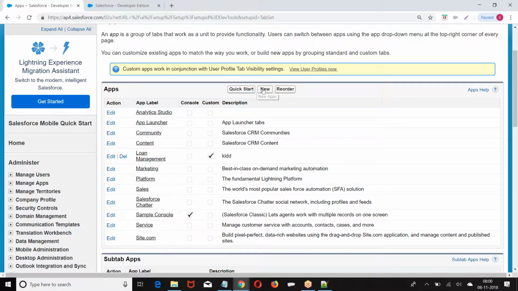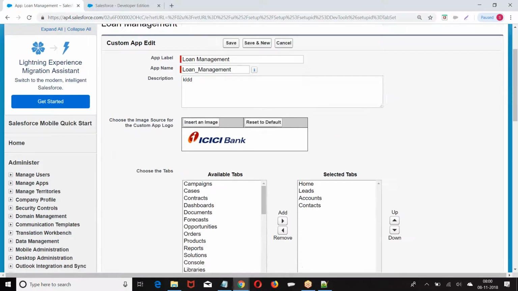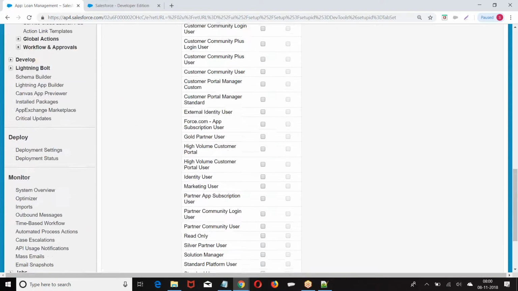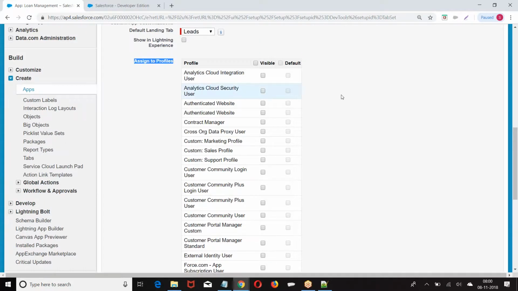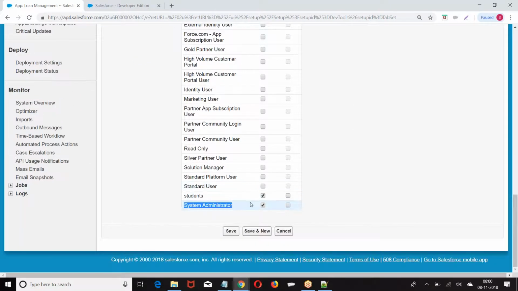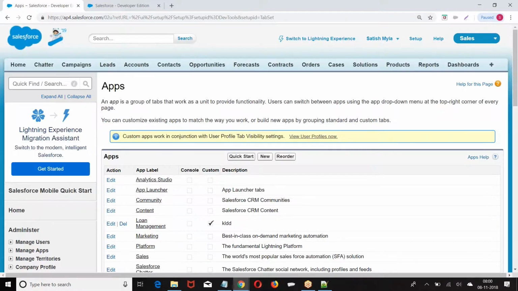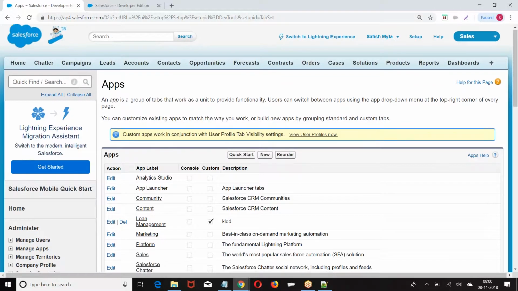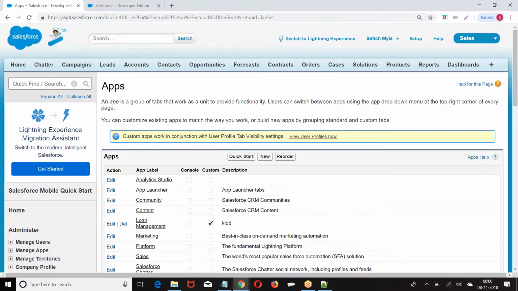You want to create a new one? Create. You want to modify the existing one? Modify the property. Here I told assign to profile. Because I selected system admin, I was able to see it. Is that clear? Yes. When you create your own, you'll see how to add them. Right now, based on the availability of resources, we are selecting and adding. Later on, when we create them, there is a process for adding them. We'll discuss that point. Okay.